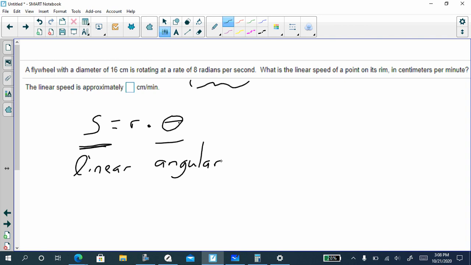So if we're told how many radians or how many degrees we rotate, and we know our radius, we can find out how far we've traveled along the edge of that circle. But that doesn't tell us how fast we've got there. Have we got there quickly? Have we got there slowly? So if we divide both sides by time,